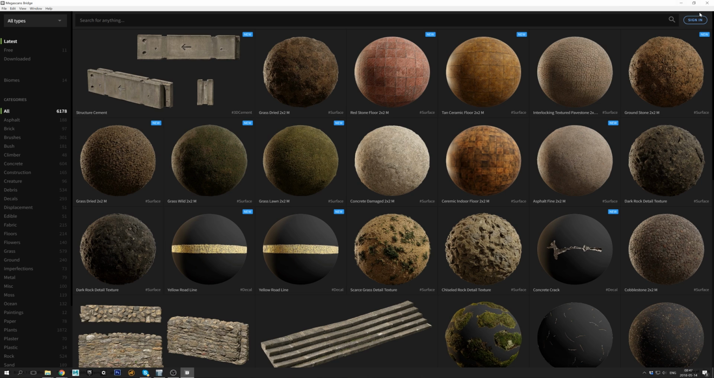If you've already used the Megascans website, you'll be right at home in the bridge, as it's almost completely identical. We've worked really hard on improving both the performance, the speed, and the functionality of the bridge. If we take a look at the top left corner of the UI, you'll find File, under which you can